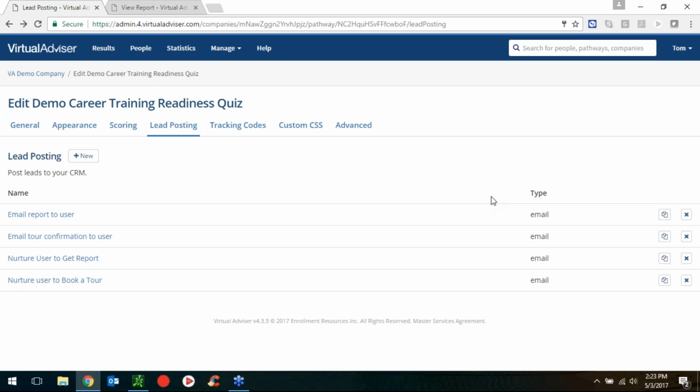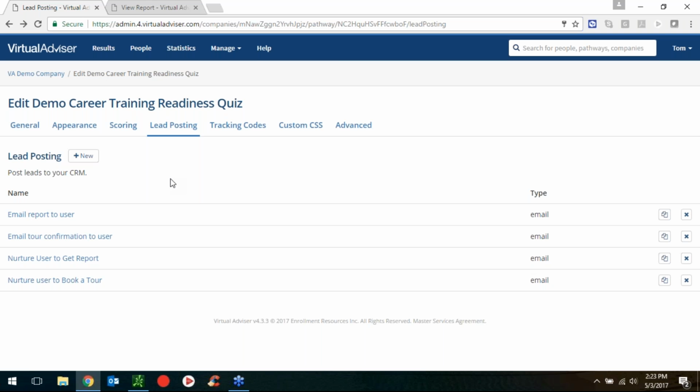So it's a great new feature, and we'll be rolling these emails out to you as we go through the next couple weeks here. So as a new client with us or an old client who's on this system, we'll get these nurture emails set up for you so that you can take the most advantage of them that you can. Andrew, anything else on the